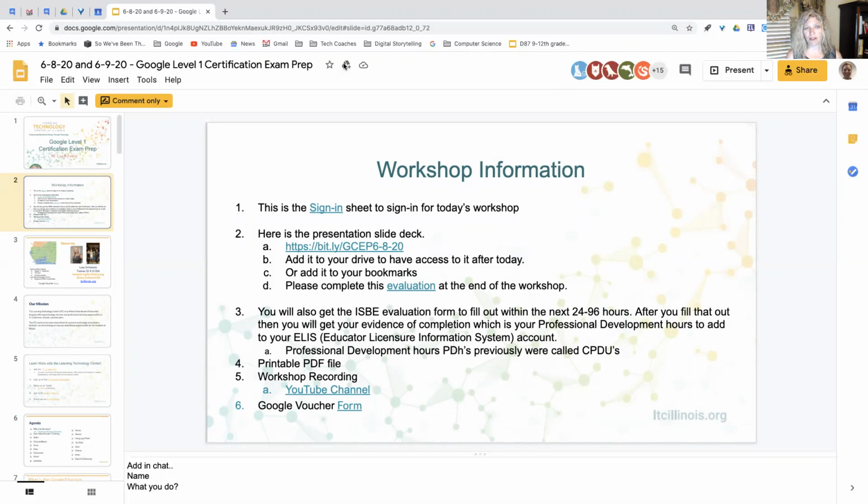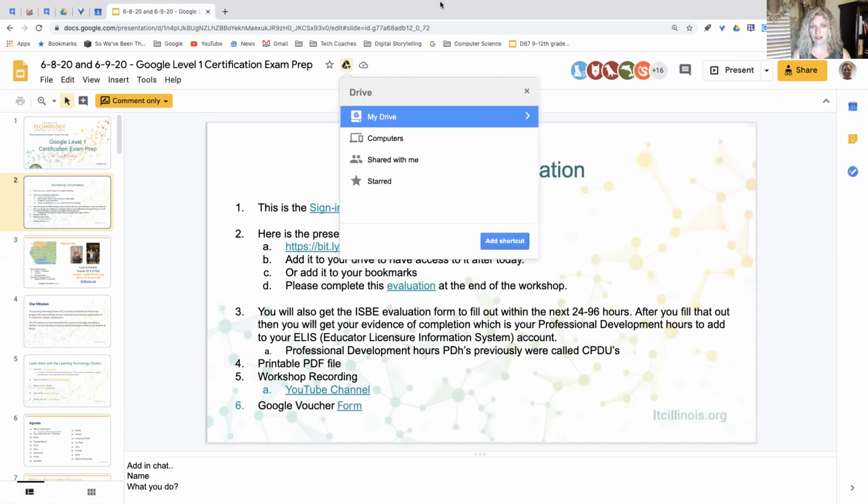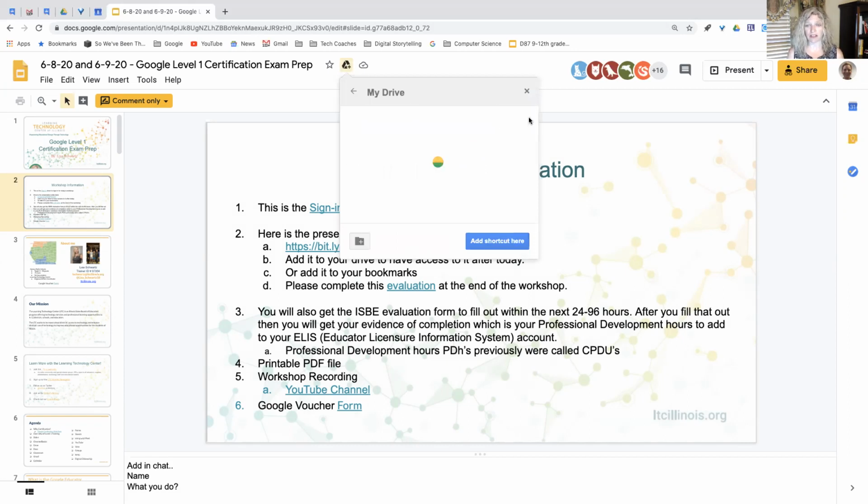Do you see where it shows this triangle and the plus sign here at the top of the screen, to the right of the title? That lets you add this shortcut to your drive. All you have to do is click on that, and then you can just add it to your drive from here. Or if you like to be organized, click on the arrow, and then within my drive,